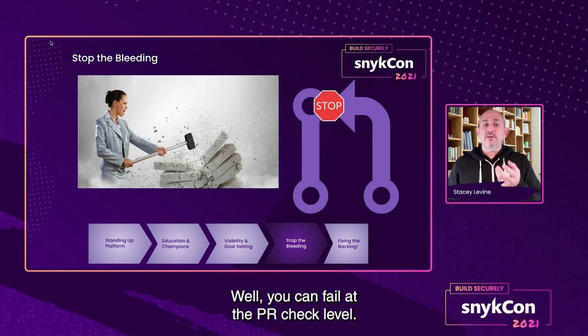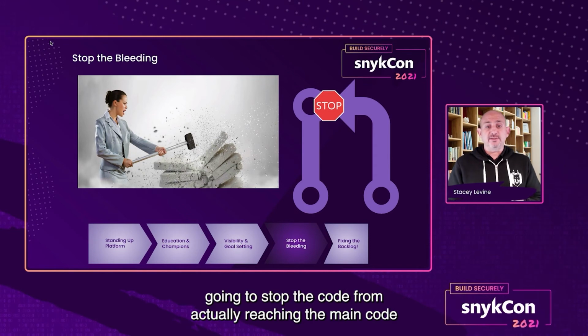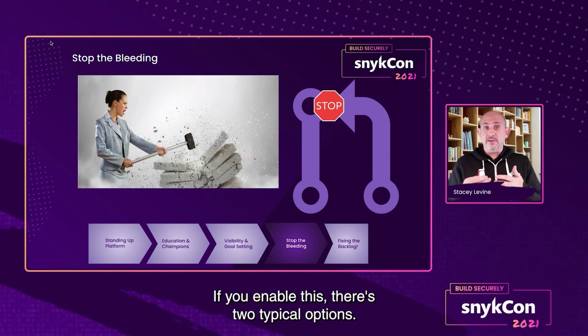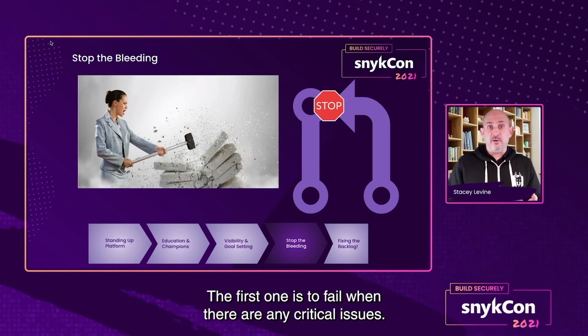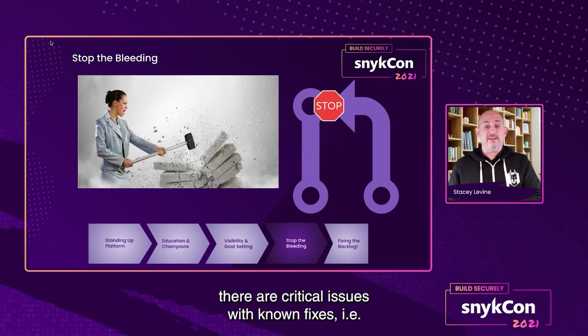Well, you can fail at the PR check level. This is very similar to breaking the build, but it's an instance where you're going to stop the code from actually reaching the main code base. If you enable this, there's two typical options. The first one is to fail when there are any critical issues. And the second one is to fail when there are critical issues with known fixes,